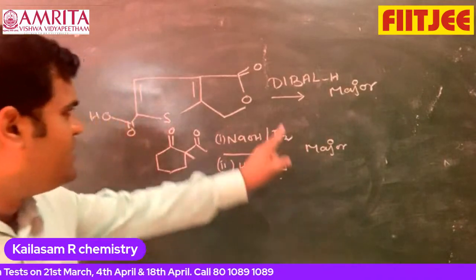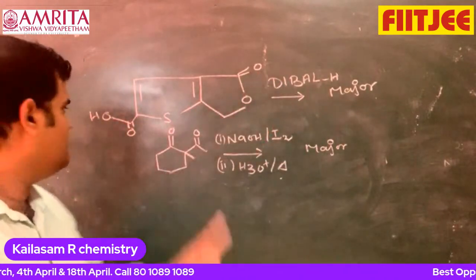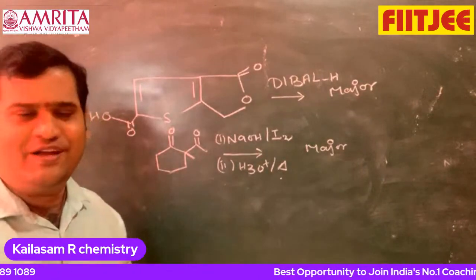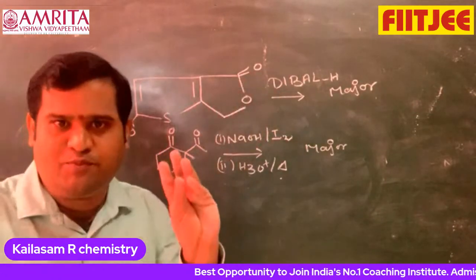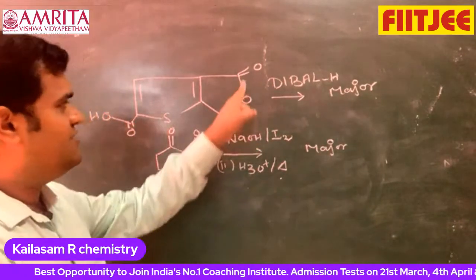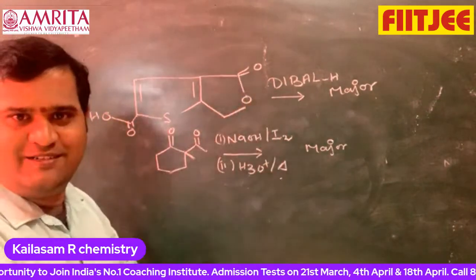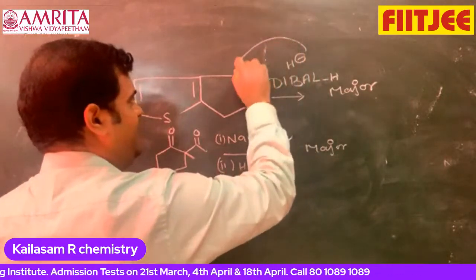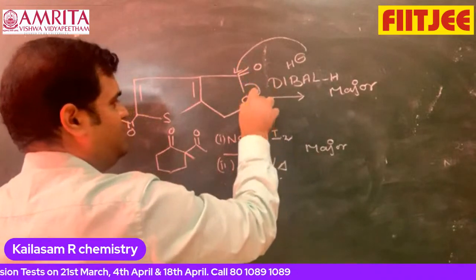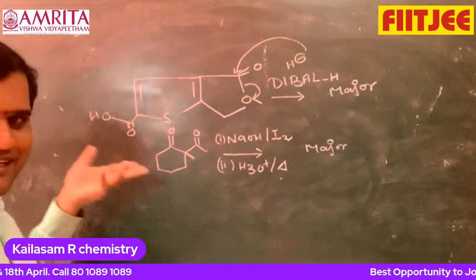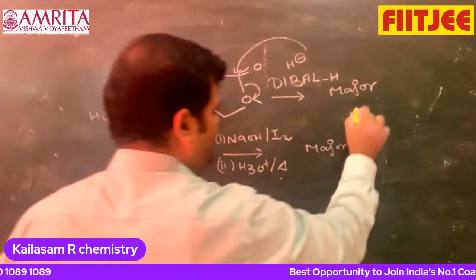Look at this, DIBAL-H. This is carboxylic acid, so don't be afraid when looking at the structure. DIBAL-H, what is the role of DIBAL-H? It produces H minus ion. Once it produces H minus ion, this is ester. Ester becomes what? Aldehyde. So look at this, H minus attacks here. Bond breaks. That's all. So definitely carboxylic acid is retained. Now you are going to get